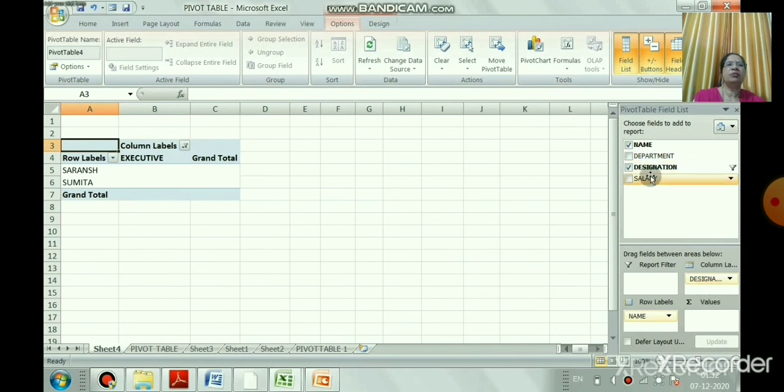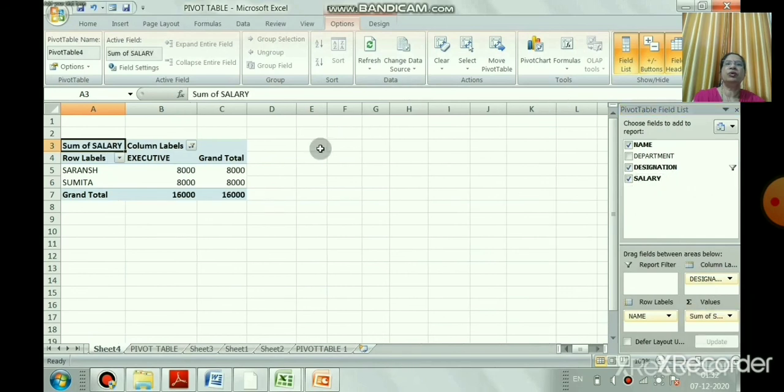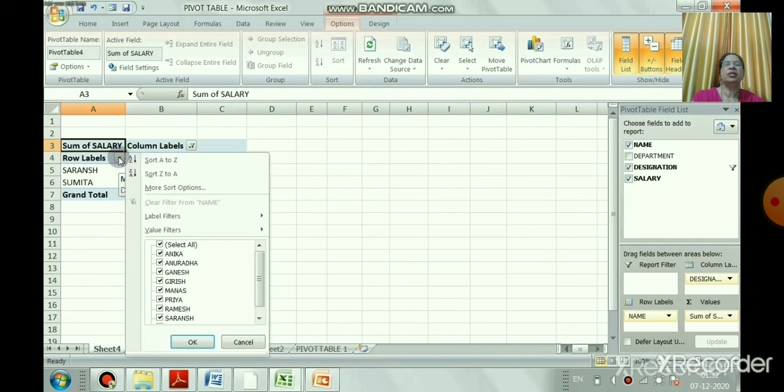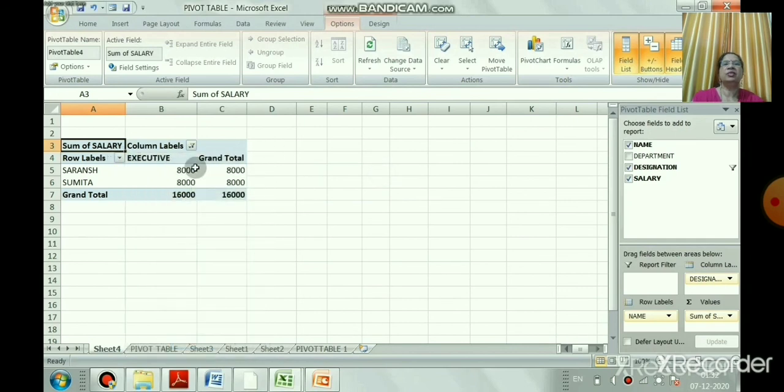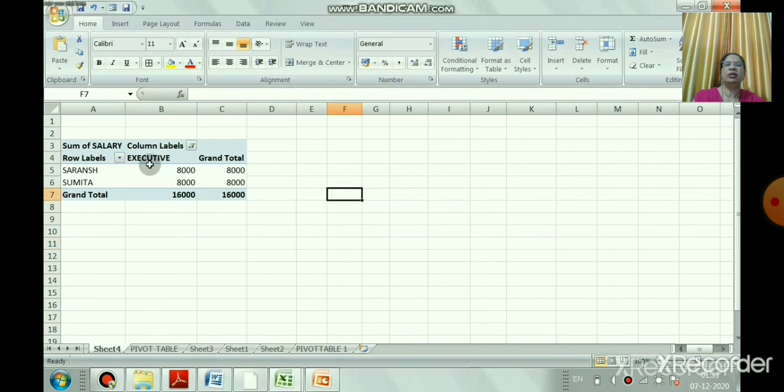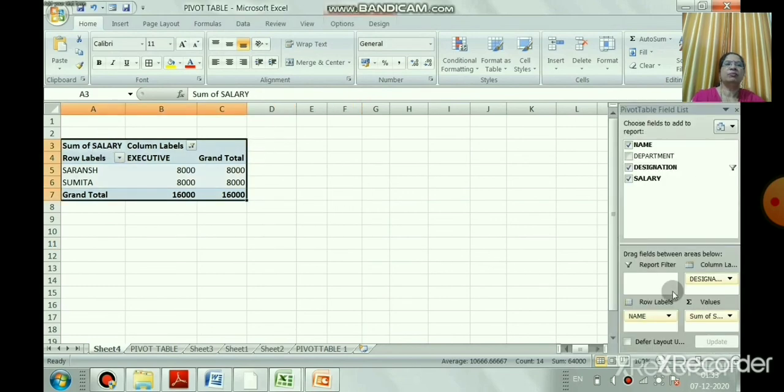Now I am selecting only one record so that you can filter. I can see only two records here. This way you can remove Select All and choose the ones you need. As per your requirement you can create a table with the help of the pivot table.